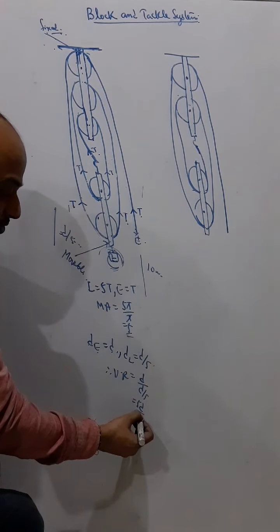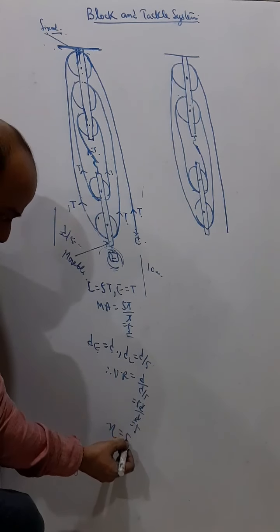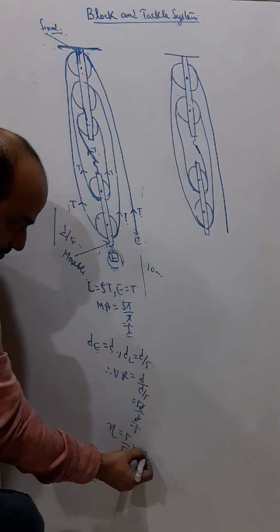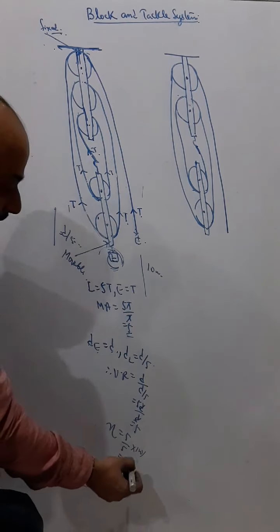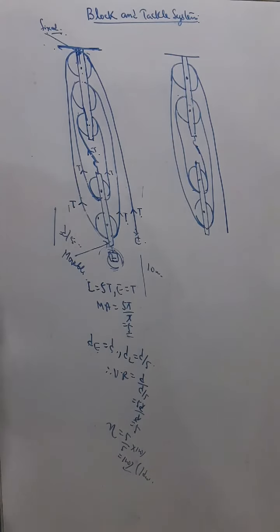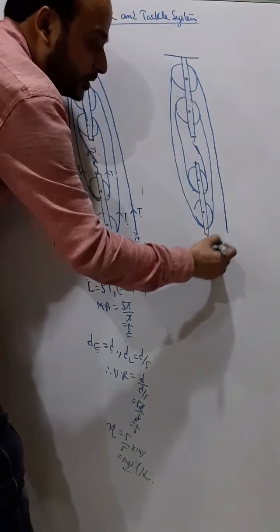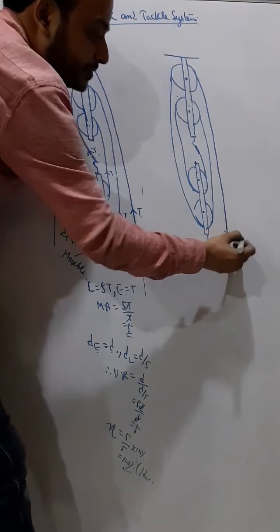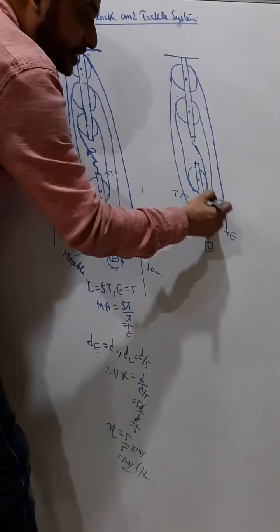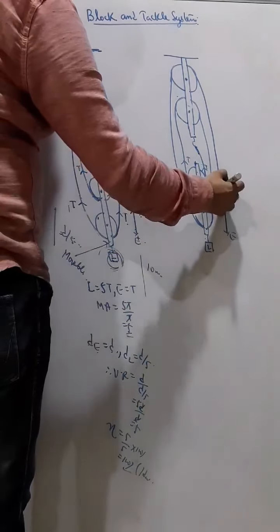So velocity ratio also we are getting as 5, and therefore efficiency will be mechanical advantage by velocity ratio into 100%. So efficiency is 100%, but in ideal condition. Okay, understand? Now same thing here you can understand. So here you have load and this is effort. Now the load is divided into these 4 ropes, so it will be divided into these 4 tensions here, 1, 2, 3 and 4, and for effort only 1 tension.